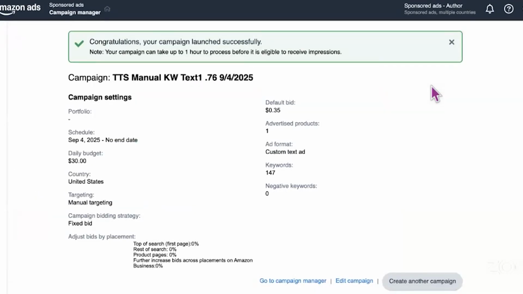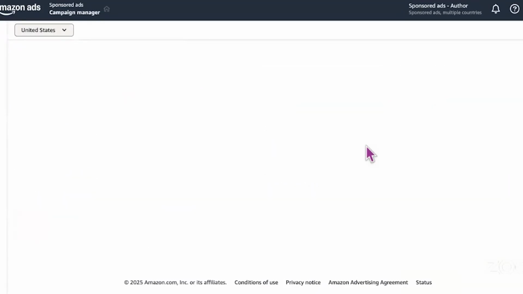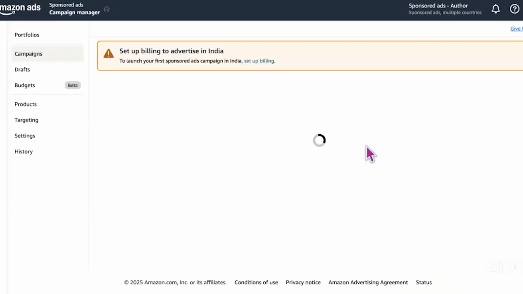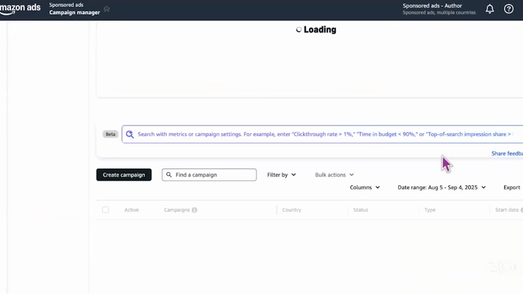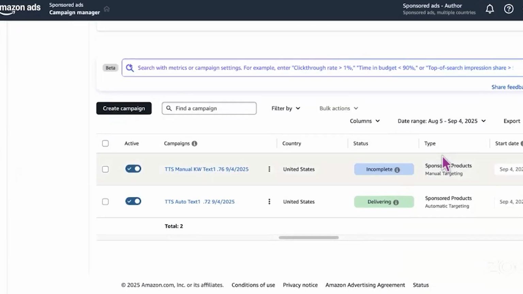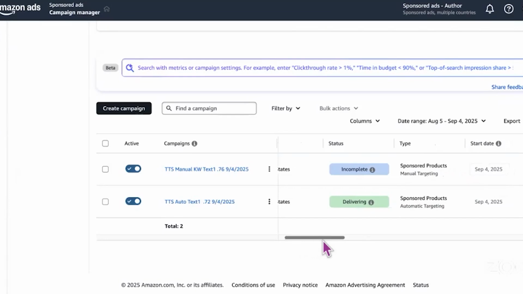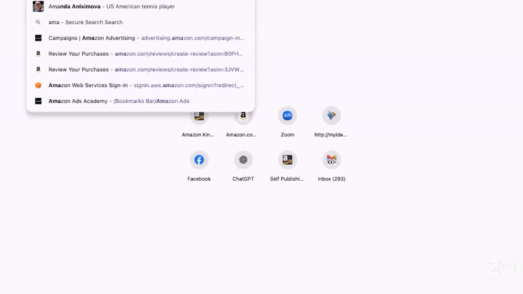Okay. So now here we are with the campaigns, and the third one, just really to go through this, I would normally pull together a list of competitor books that you want to target. And what I'm going to do, because we did so much, let's do this. We go to Amazon.com and